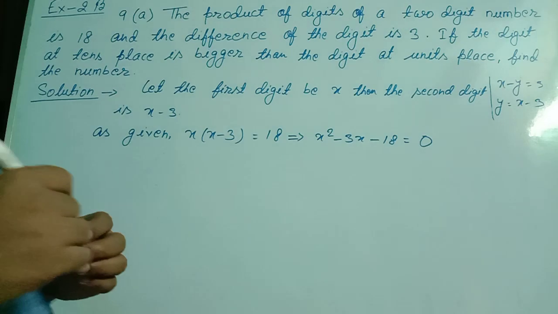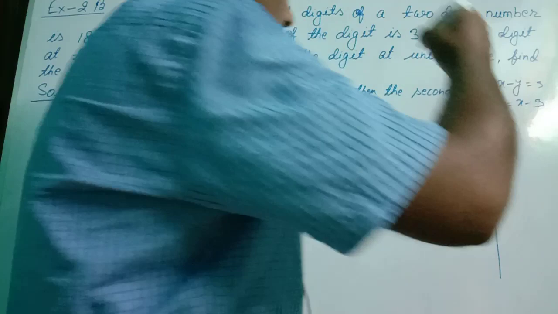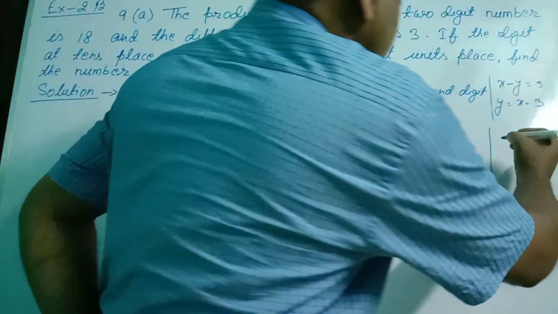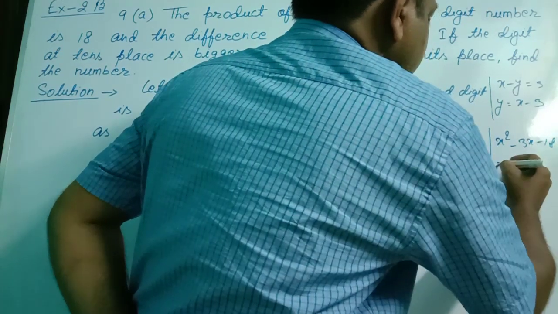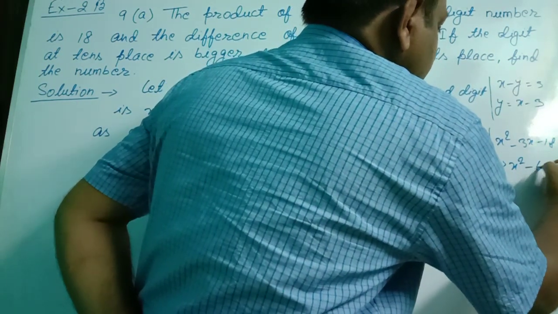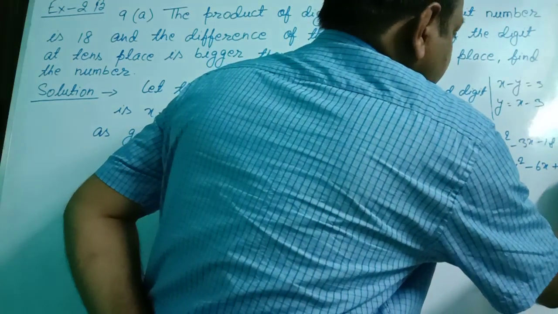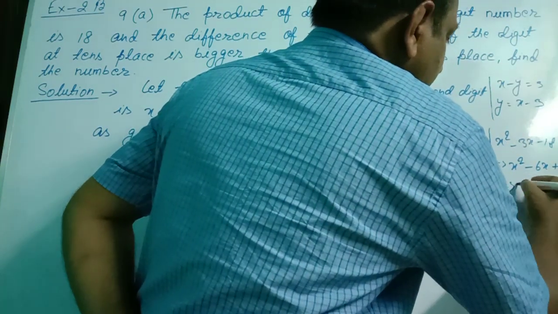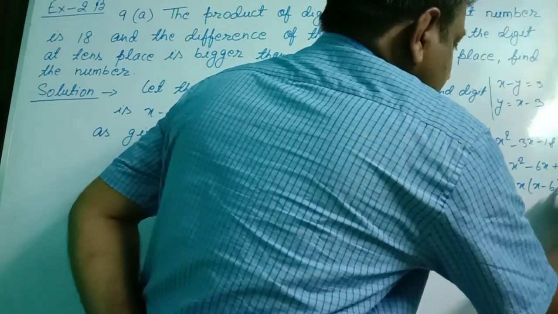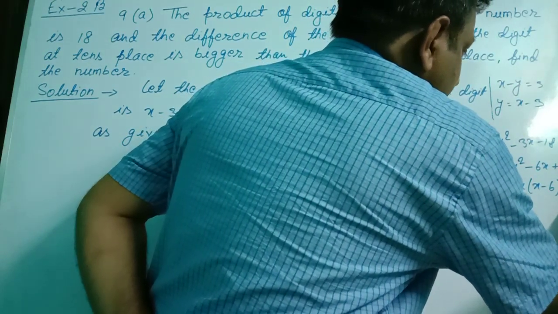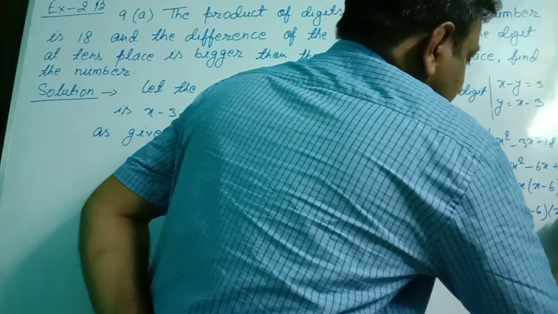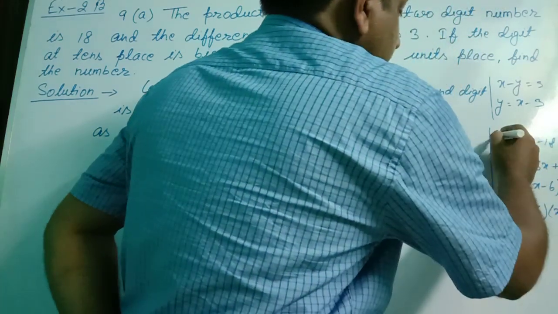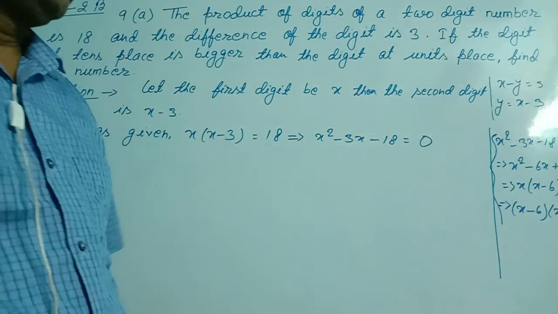Now what was your old process? Here I am solving through the old process. This is the equation x square minus 3x minus 18 equal to 0. You will write x square minus 6x plus 3x minus 18 equal to 0. Then we will take common: x into x minus 6 plus 3 into x minus 6 equal to 0. Then your factors became x minus 6 into x plus 3 equal to 0. These many steps you follow to get the value of x.